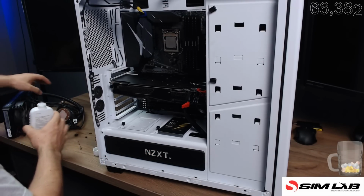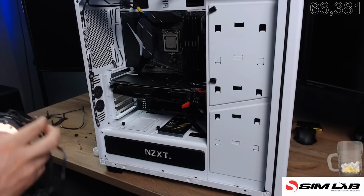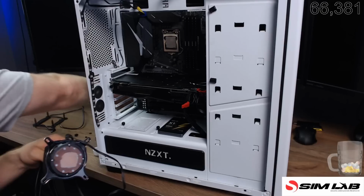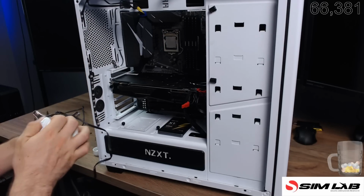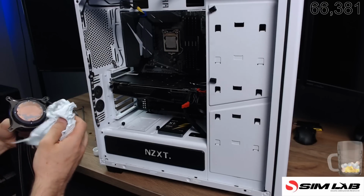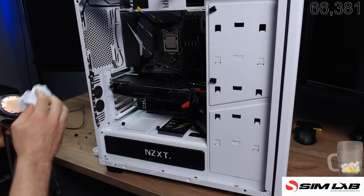Next job is to clean up the old cooler that, well, I say the old cooler, but clean up the cooler I took off, which is this one, which is the new Corsair one that we've got to go on. Again, because I've upgraded so much stuff, this isn't actually very old, but it didn't make any sense to put a brand new cooler on this one when the other computer could have done with a higher end cooler anyway, so